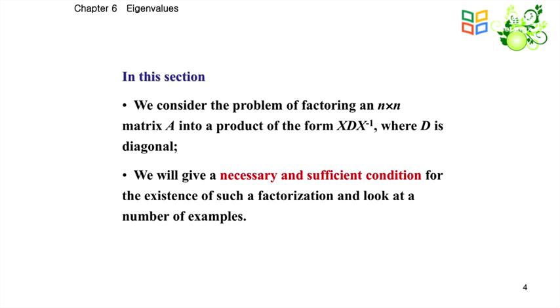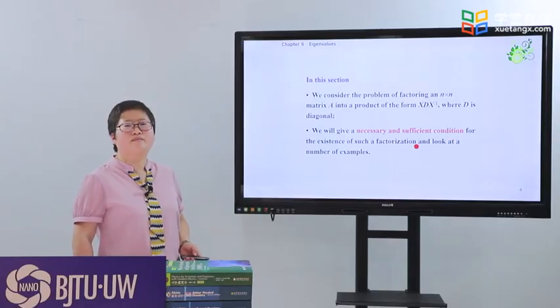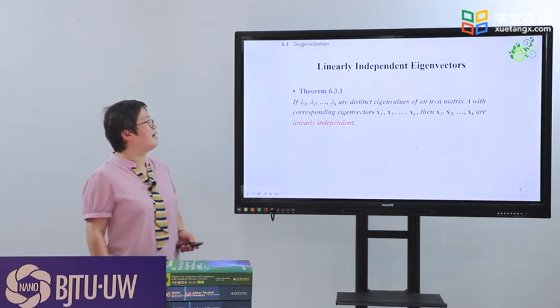a product of X times D times X inverse, where D is a diagonal matrix. We will give a necessary and sufficient condition for the existence of such a factorization and look at a number of examples. Okay. We first have this theorem,